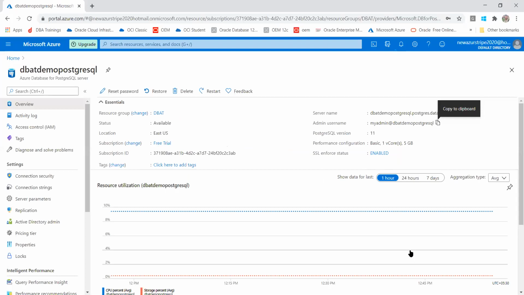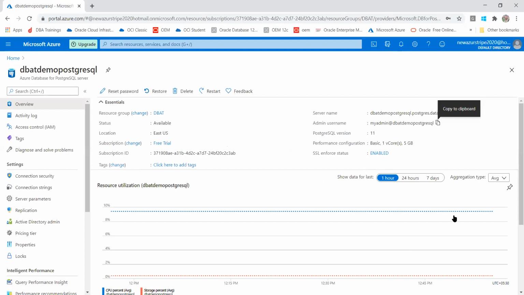But of course, before going to connect, we need a couple of things. First, the firewall rule. Why the firewall rule? You need to configure your server level firewall rule, and then only the user is allowed, the public can access your machine with the PSQL client. Got it?